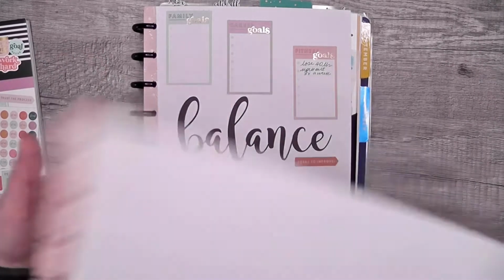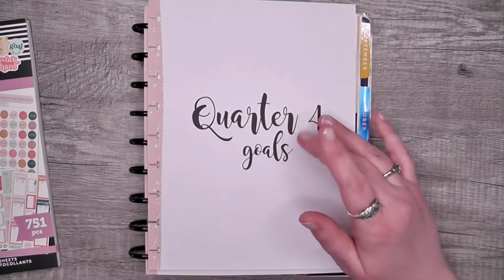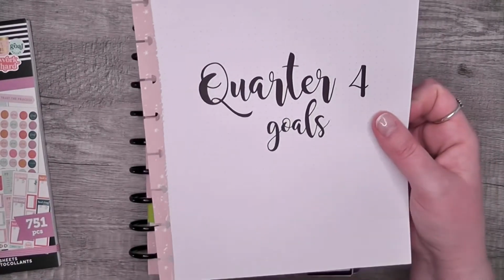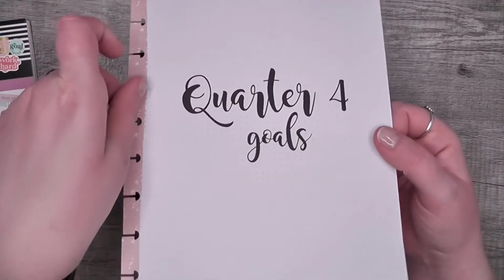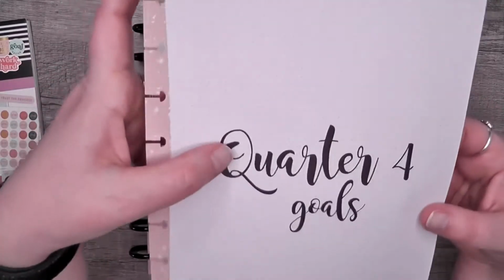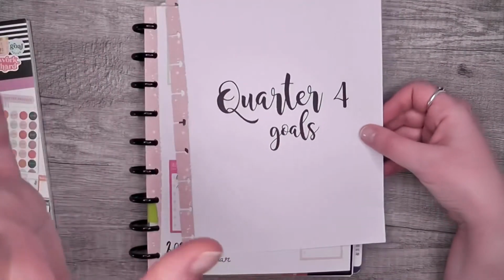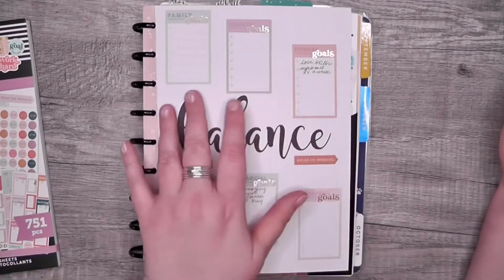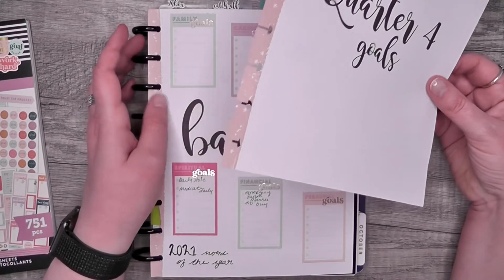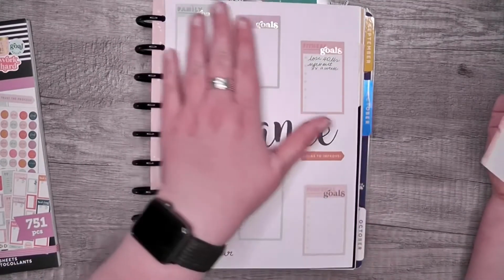So basically what I did is this is just a dot grid sheet from Happy Notes and I printed out fourth quarter goals, quarter four goals, directly on the paper. This is not a sticker, this is just a font that I used and printed on there, just like I did the balance. And I'm going to put together a sheet like this. It's going to be similar to this with